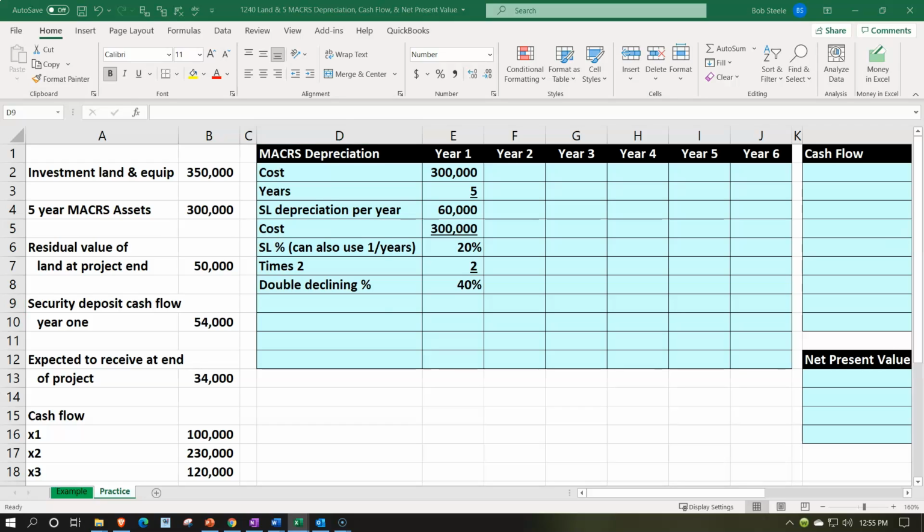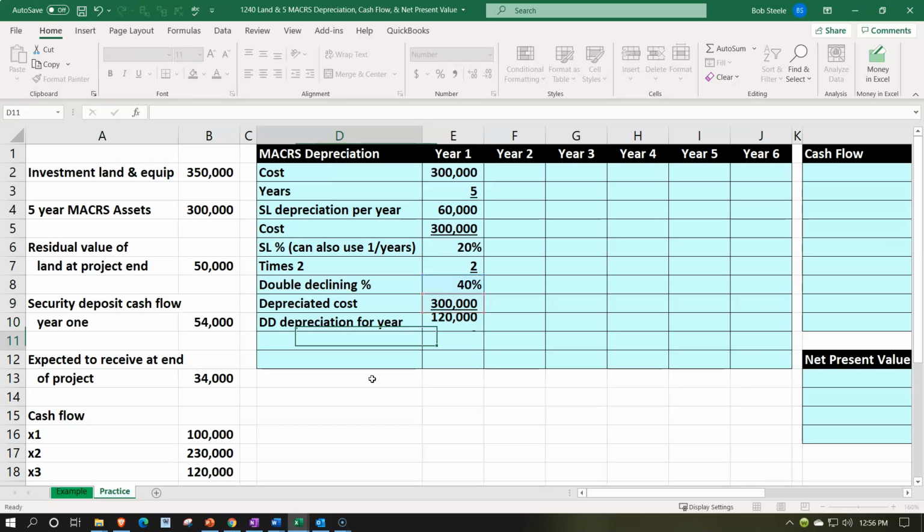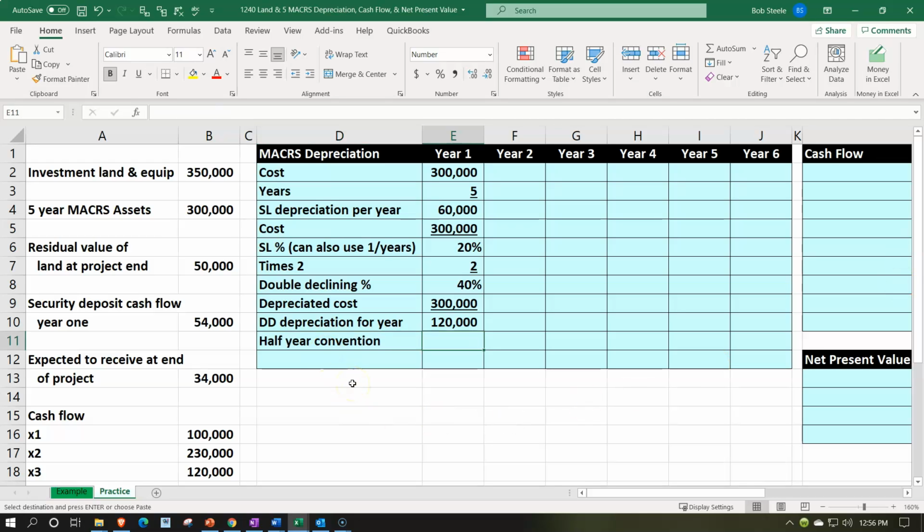And then we're going to multiply that times the cost, which is the 300,000. Underline that, font group and underline. That's going to be the double D depreciation for 1 year. Double D depreciation for year 1 would be 120, but then there's the half-year convention, meaning we assume no matter when we bought it in the year, we bought it in the middle of the year, so we have 6 months of depreciation. Underlining that, that's going to give us our MACRS depreciation for year numero uno, 120 divided